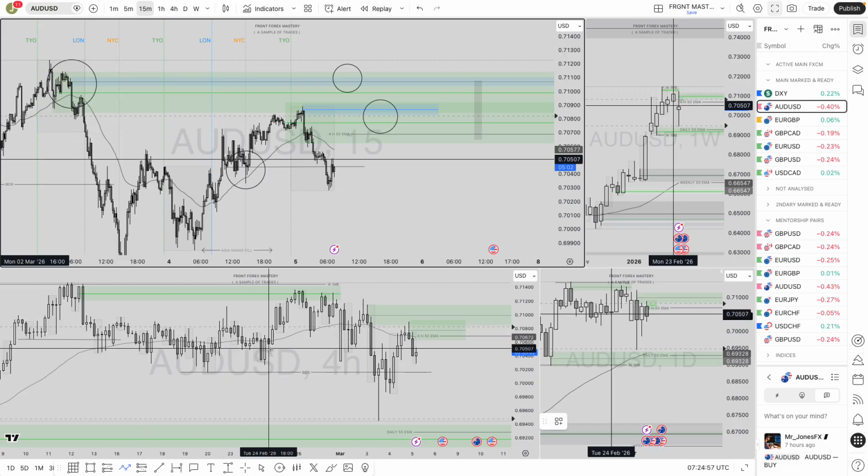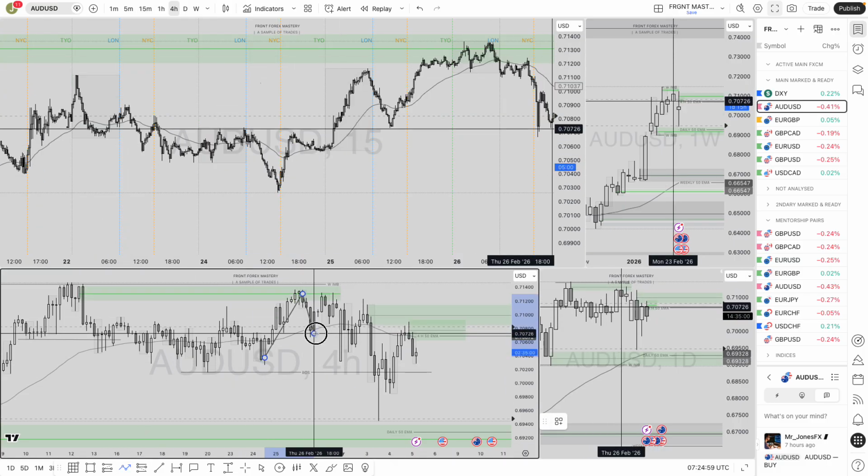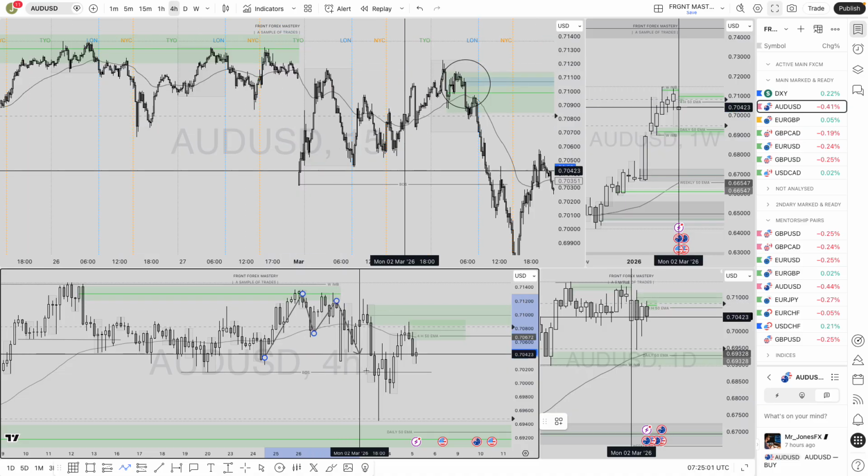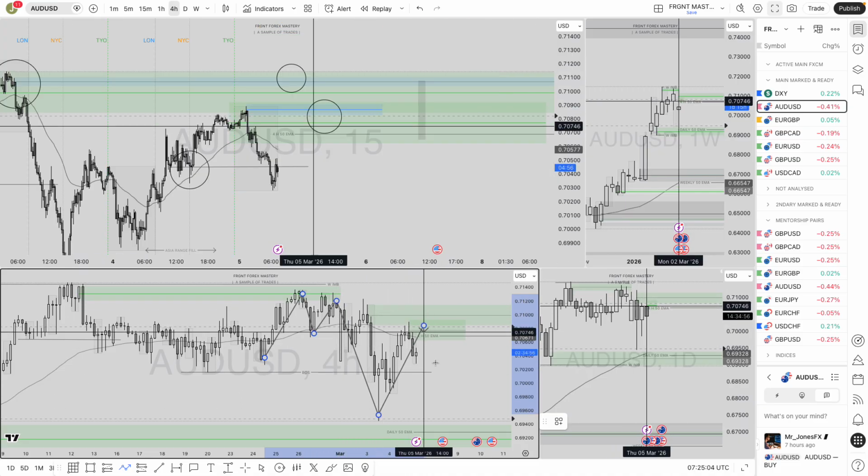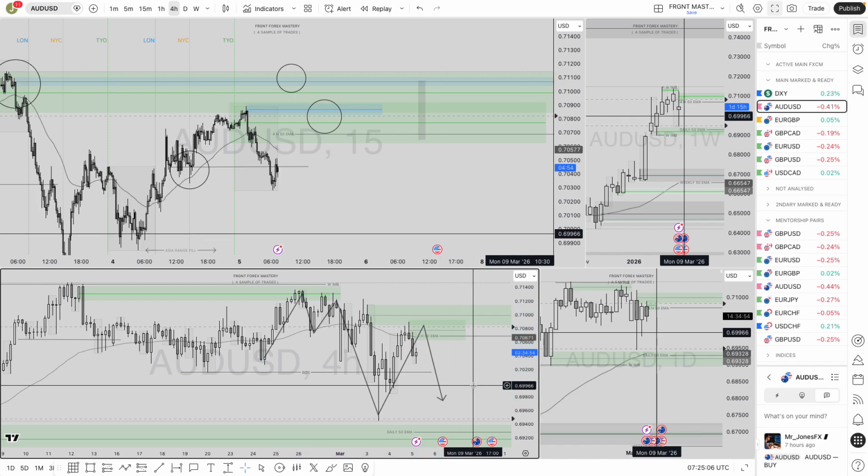If we illustrate that also, it's mimicking the 15, so we were making higher highs and higher lows. We then had that break of structure, pull back into the imbalance before continuation short. So the short positions most certainly make sense.